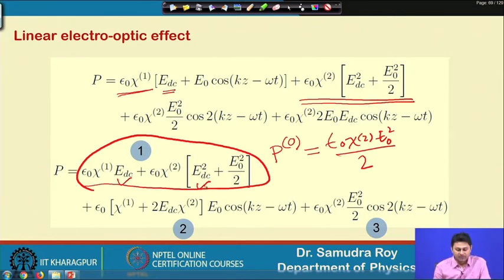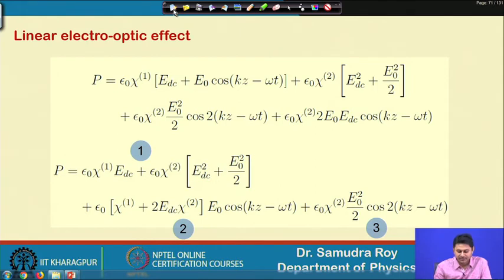So, the important thing one should remember is that for this linear electro-optic effect, the optical rectification term is also modified. Here, the optical rectification term in the previous case was this, but by applying the additional DC electric field, its value is now increased. This increase is coming because we are launching the DC electric field from the outside, which is quite natural. Okay. That was the first term.